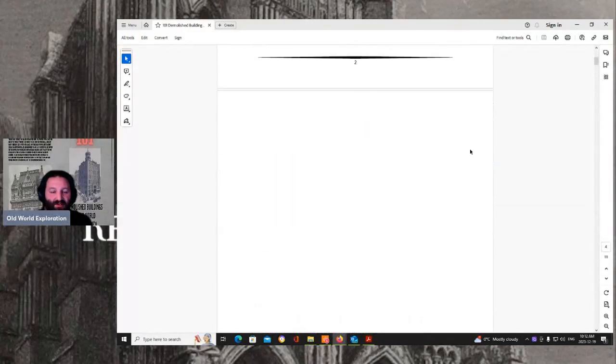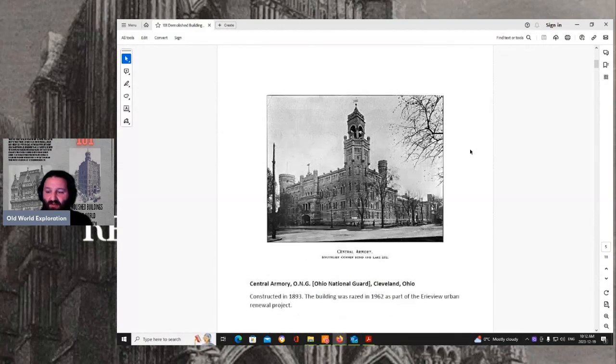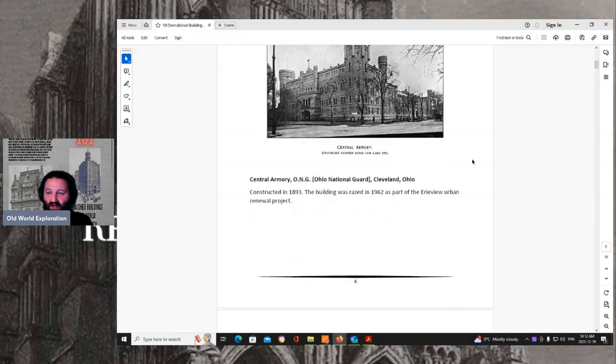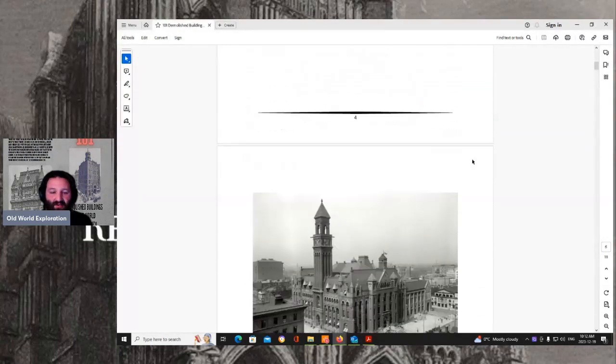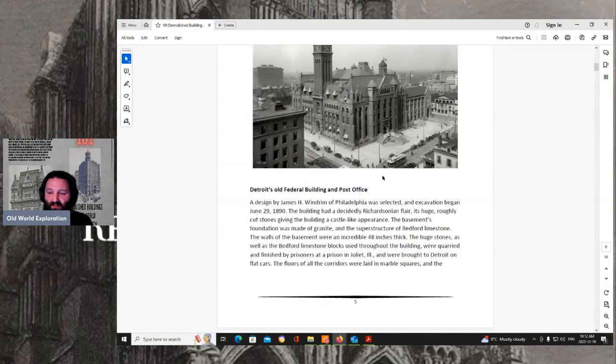research. This is really just a compilation of structures that no longer stand here in North America. Certainly jaw droppers. I think it would make a nice addition to anyone's collection, whether or not you're into this research or if you just appreciate architecture. And all it is really is visuals of 101 buildings, and sometimes you have a short write-up